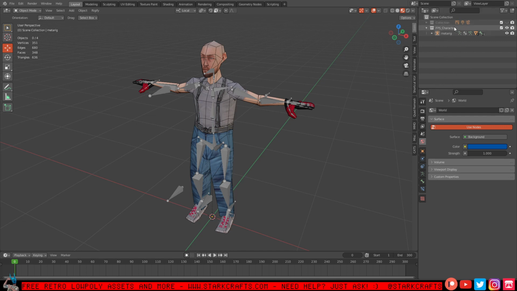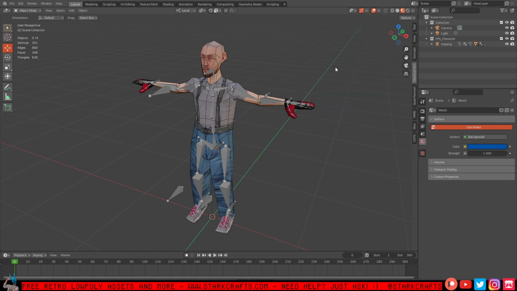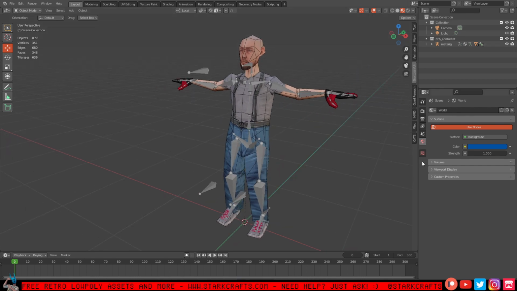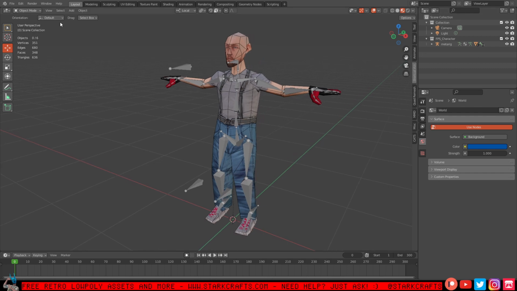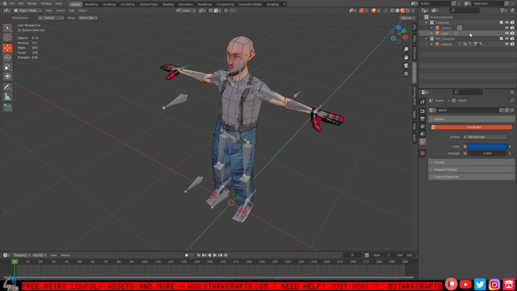I have one collection. You can create a new collection by pressing here, and I have the collection with the base stuff like the light and the camera, and here is still a reference image, and we can totally delete that. We will mainly focus on animating our character. So we cleaned up our project. Let's give it a save. Now we have just the character, and let's hide the camera and the light,